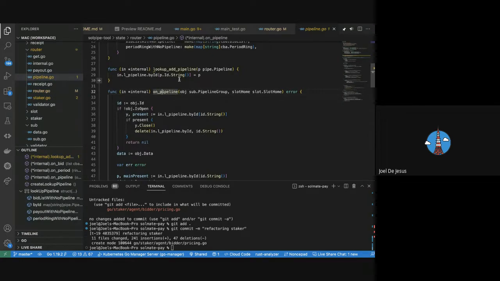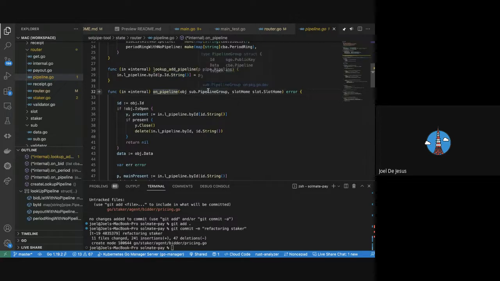It feeds in the events to the different objects that we'll create. So let's say we get an update, I'm on line 32 of pipeline.go. On pipeline, the router got an event update from the validator,